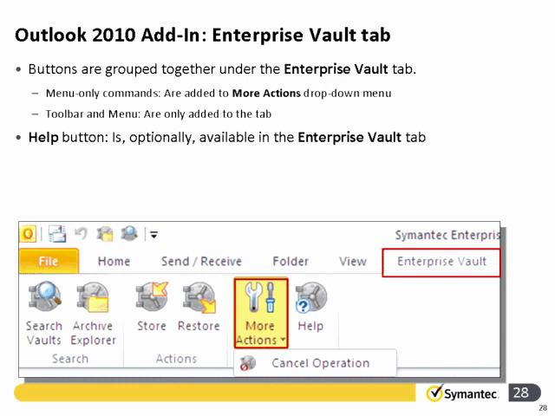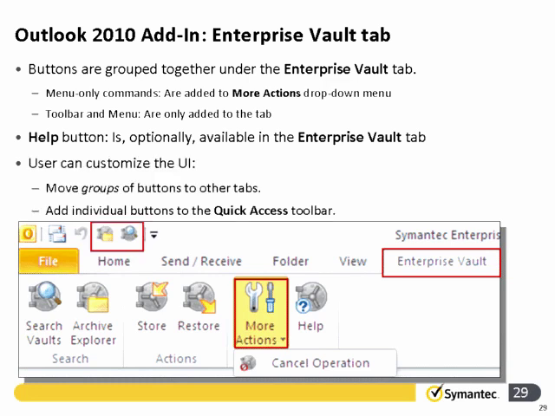of the Office ribbon. Now you still have the capability of customizing the Office ribbon in an Outlook 2010 environment, and if you do customize it, you can copy the icons to different tabs on the ribbons. You can also add them to a quick access toolbar that's available, and we show you an example of having a couple of the different Enterprise Vault buttons added to the quick access toolbar here in the screenshot that has